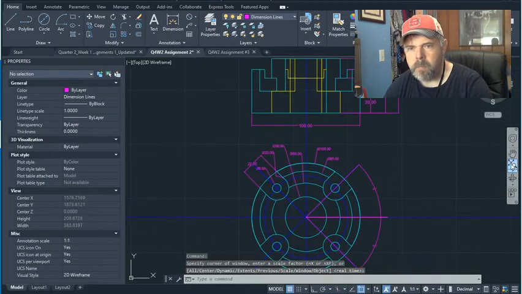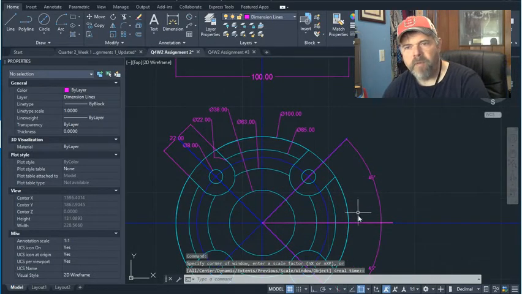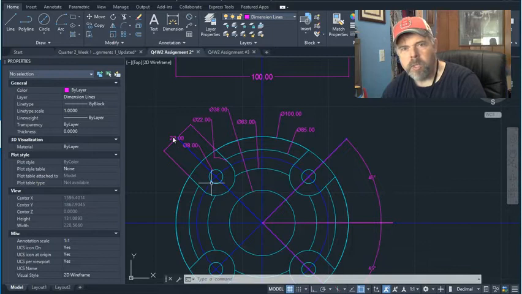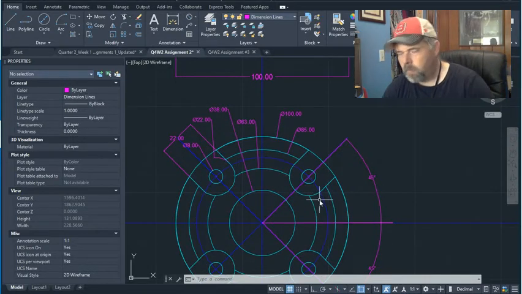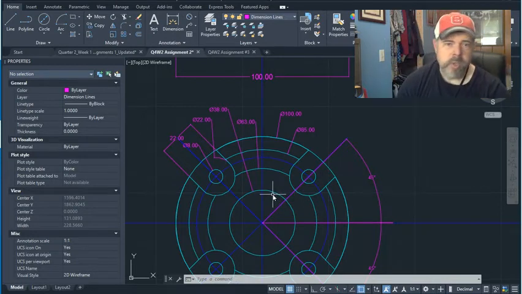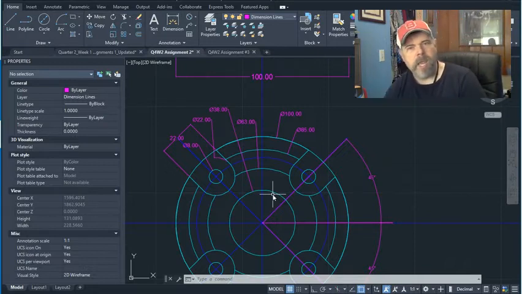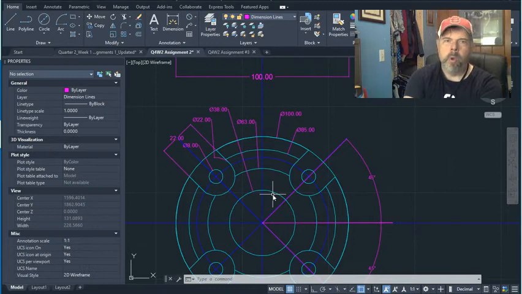And maximize my screen here. 45 from this line to the center line of this hole here. That hole is 22 millimeters diameter, or this arc is here. The circle here is 8 millimeters, and there's 4 of them. You can do this in many different ways. You can do the polar array, but the polar array is not going to want to put it at an angle. So you may have to do this one on your own instead of using the polar array. Polar array puts your circles equidistant apart. They don't set them at particular angles. So this one you'll have to